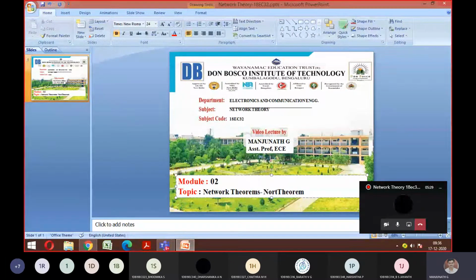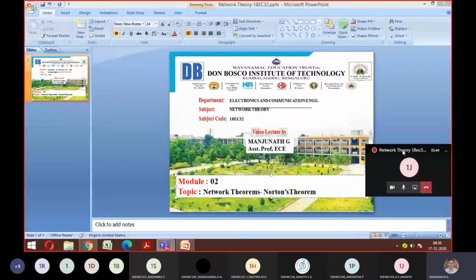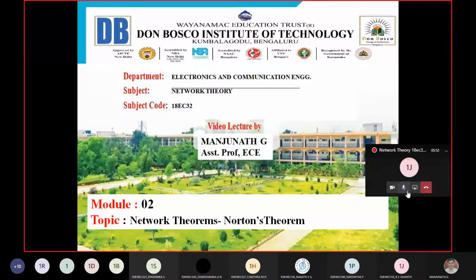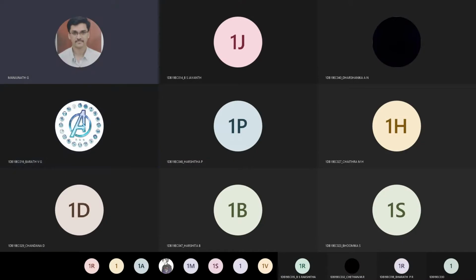So whenever you have what? Voltage source will be shorted and current source will be open, sir. Open circuit, correct. So that is the way to calculate. If they ask you to get the Thevenin's from Norton's, what is the thing I told you? Apply source transformation, sir. Good. So you need to apply source transformation logic and you have to get the answer.